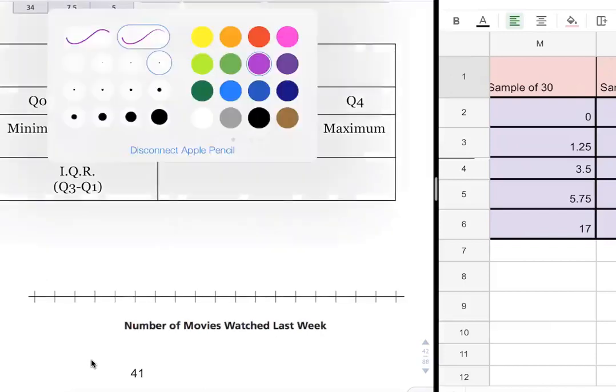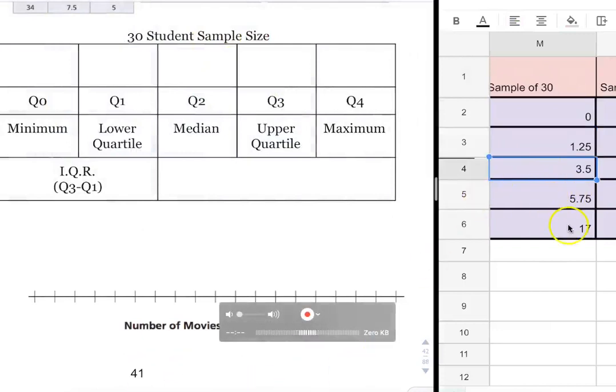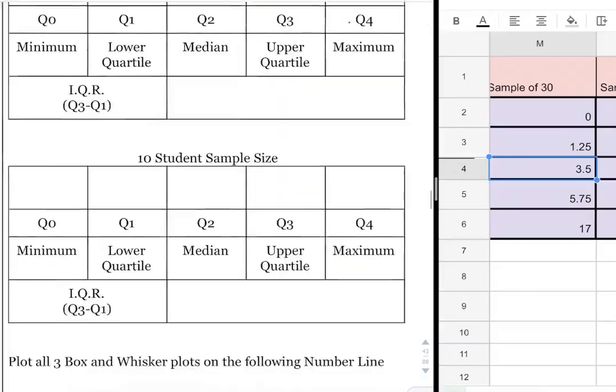So I'm going to input this data, the 0, the 1.25, the 3.5, the 5.75, and the 17. I'll put those items here. Okay, so 0, 1.25, 3.5, and 5.75, and lastly 17. I'll scroll down, or for you guys, turn to page